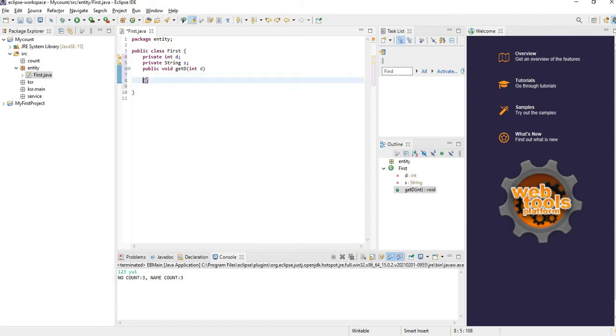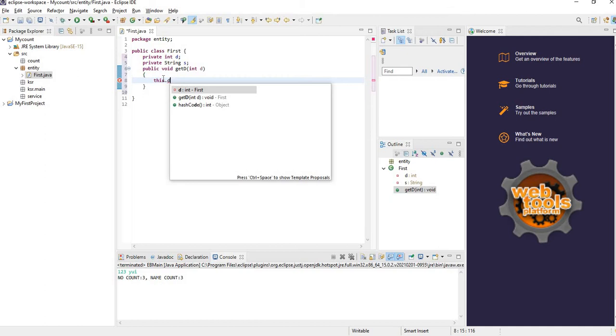Within the braces, in order to differentiate this d from this d, that is the local scope d and the private class member d, we have to give this.d, which means the current object's d, which is the member of the class first.